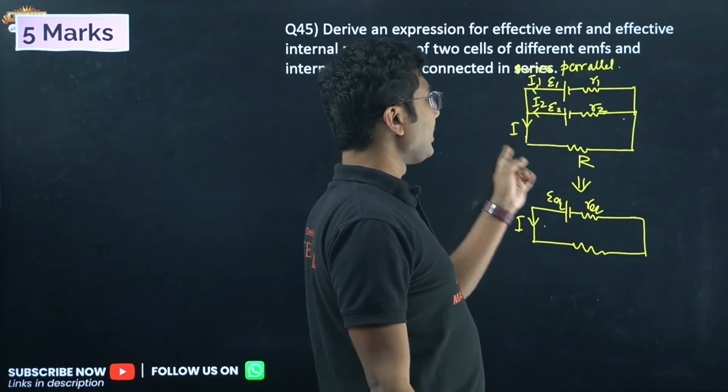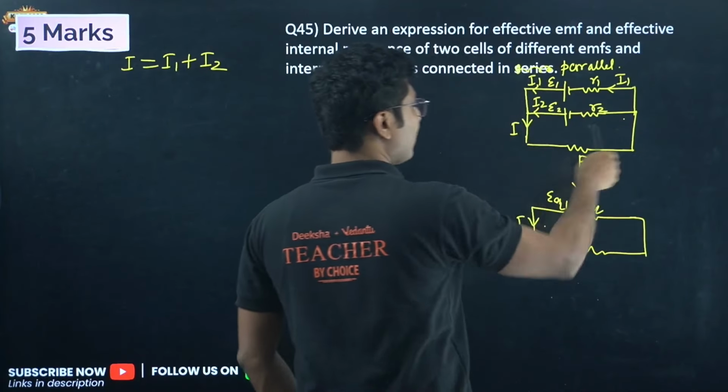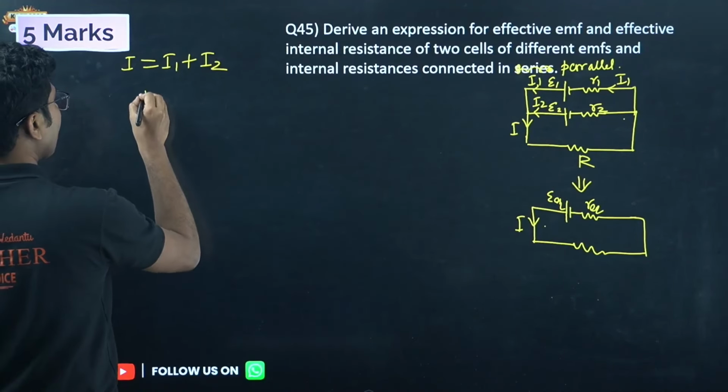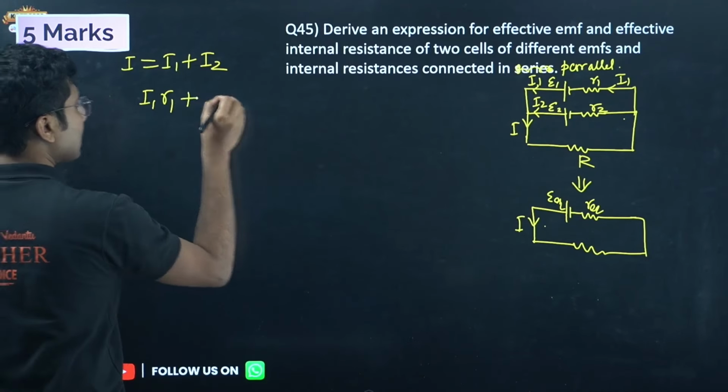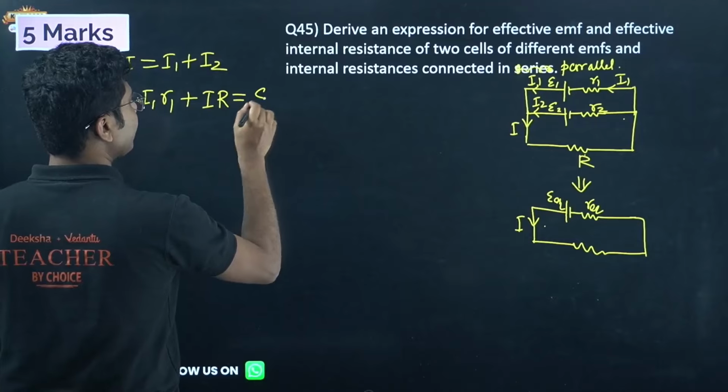First of all, we will take the outer loop and apply Kirchhoff's law. Kirchhoff's law says that whatever current goes out, the same current should go in for a battery. So I1 current is going in, but the current I passes through R. First of all, what is I? I is simply I1 plus I2. So if we can find I1 and I2, we can calculate I. For the first loop, including epsilon 1, the current through R1 is I1. So I1 R1 plus the current through the capital R, which is I, so I into R, equals epsilon 1.